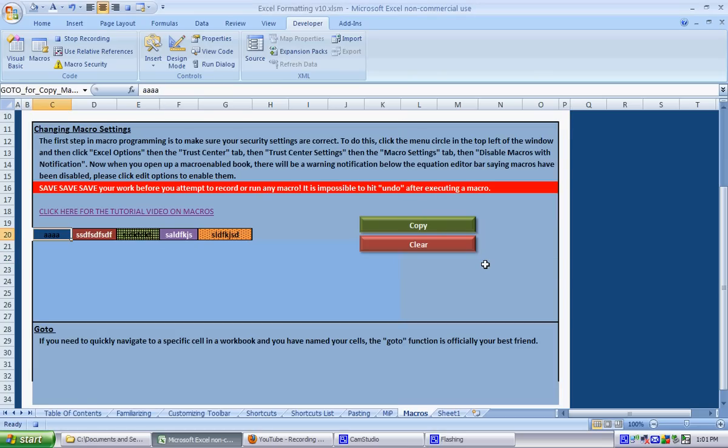So now wherever you are, you could be on a different sheet, you can put this macro or this button somewhere else, and it will go to that sheet. So now all we're going to do is copy the data down,